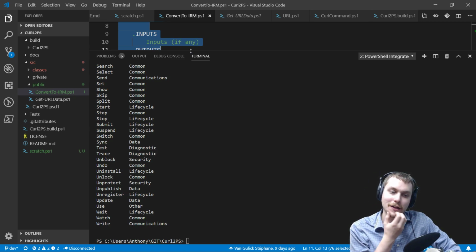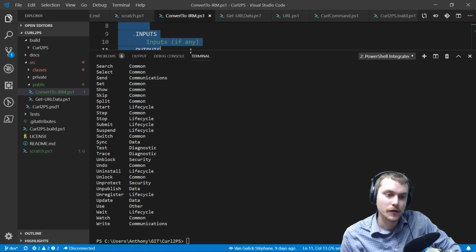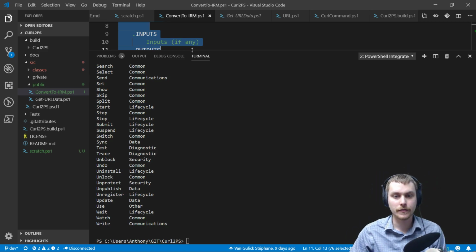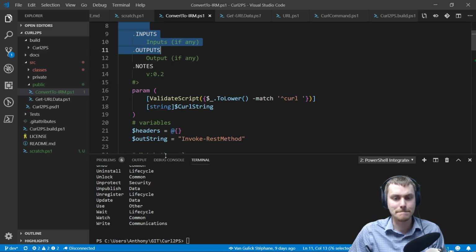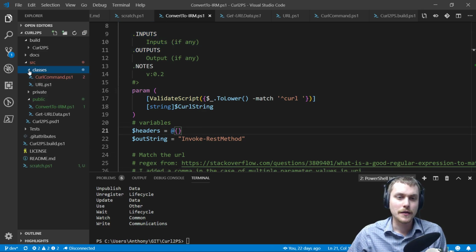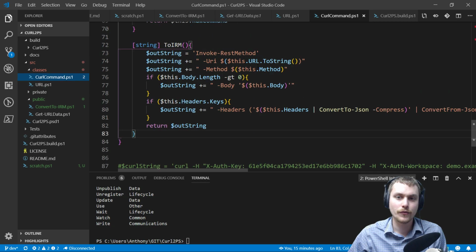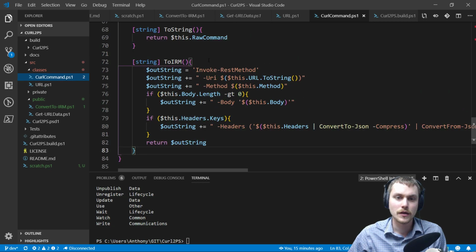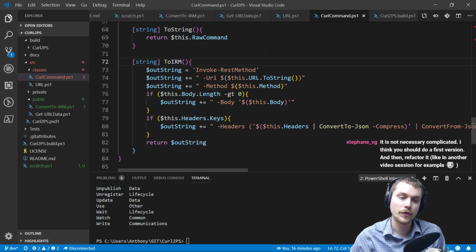So it's the whole class versus function and making them complementary to each other. If we did that, this would be convert to IRM, and then we'd have an equivalent IRM class with a, well,